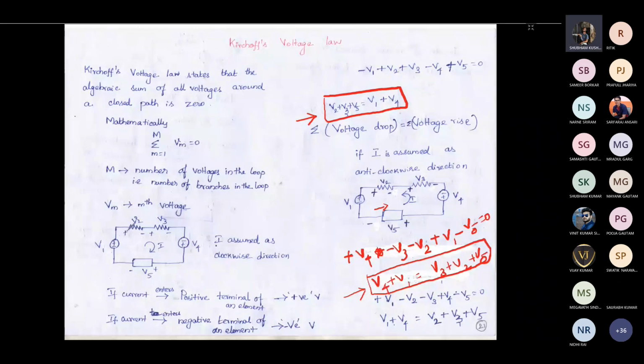Here you can see that the polarities are the same between both circuits, but I have assumed the current direction in a clockwise manner here, and in the anti-clockwise manner there. Irrespective of the current direction assumed, you will get the final expression correctly, or even if you solve it, you will get the final solution correctly. But one thing: follow it properly. Once you start with a clockwise direction, you consider it clockwise and solve the complete problem. Likewise with anti-clockwise, follow it continuously for the complete solution. Then it will be easy for you.